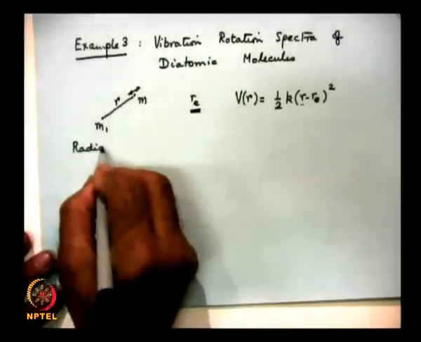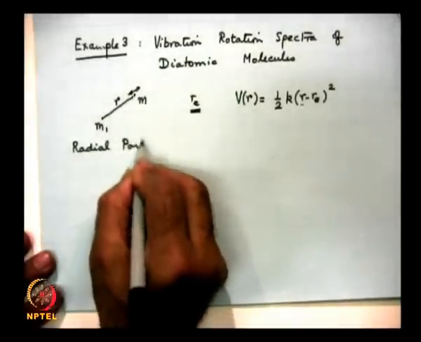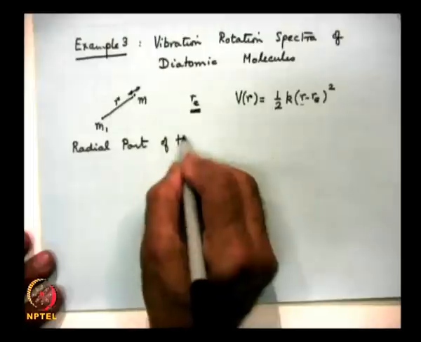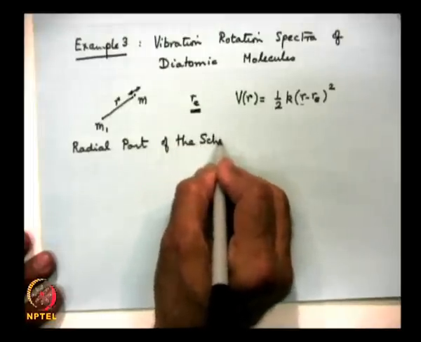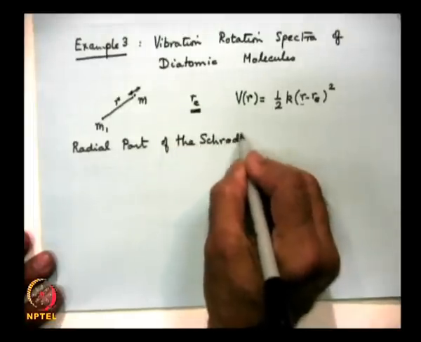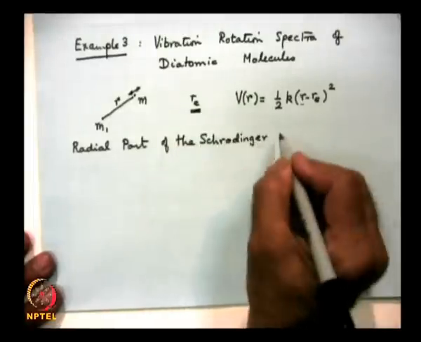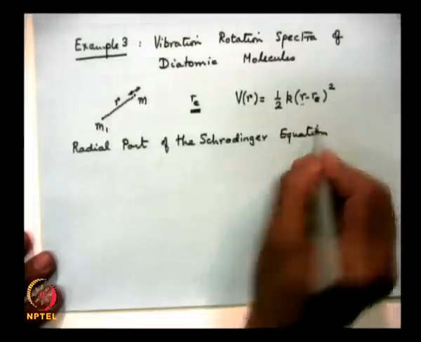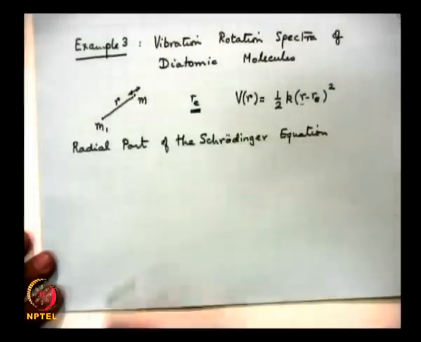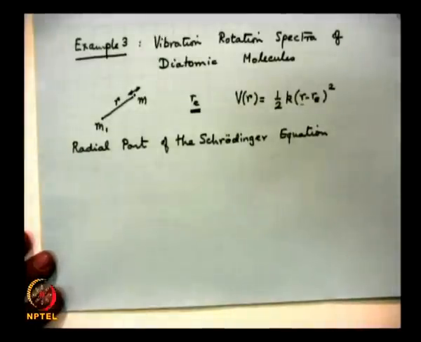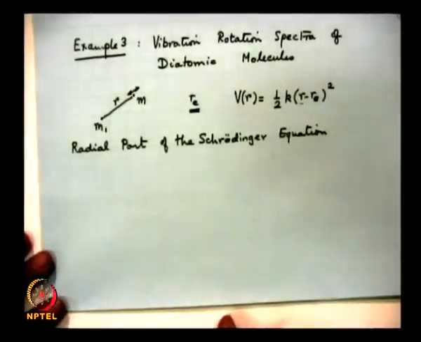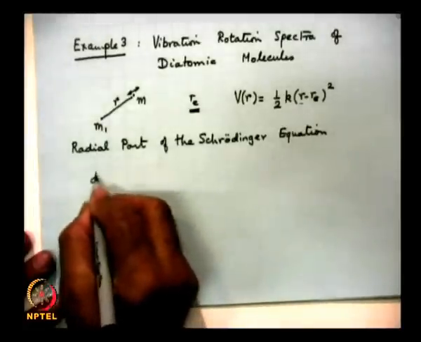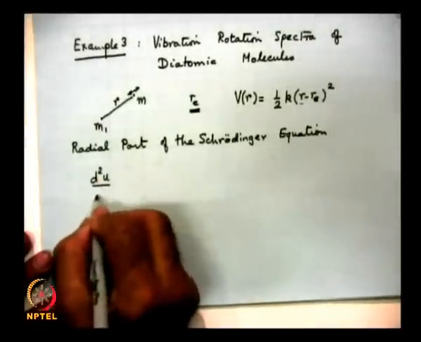the radial part of the Schrodinger equation can be written as, many people put two dots over o. Schrodinger was an Austrian physicist, and so you will have d2u by dr square